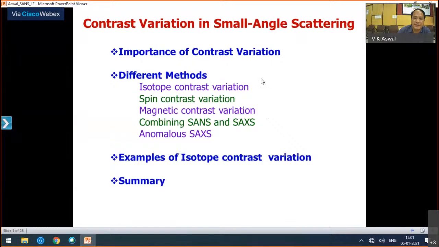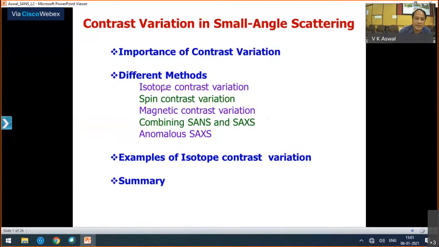The outline of this lecture will be like this. I already said in last lectures that contrast variation is important in the case of small angle neutron scattering, and that is what makes this technique unique compared to other complementary techniques like microscopy techniques. And the good thing is you will have many ways to change the contrast in the system. Contrast means to simplify the system. So there will be many ways in the case of small angle scattering by which you can simplify your